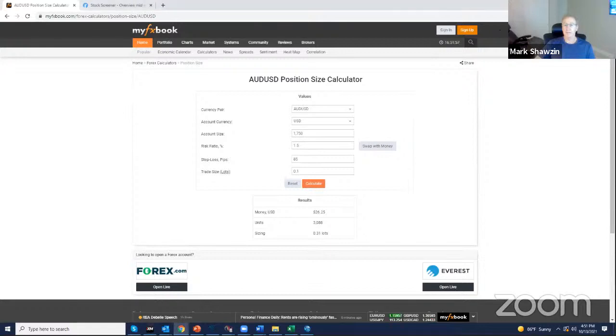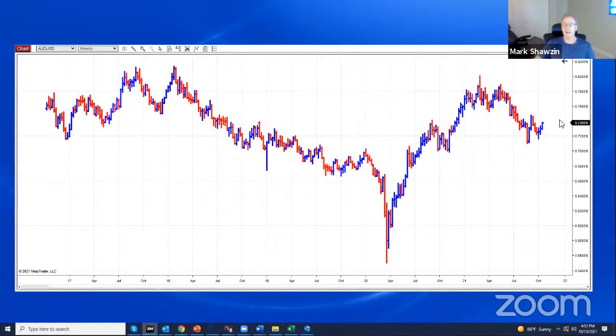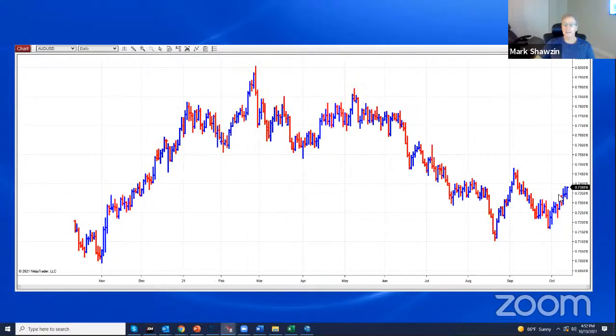So yeah, that's a 60 pip risk, 67 pip risk. You could buy it at 73.87 and risk till 73.20. And you have a 67 pip risk for what could be a much higher gain.